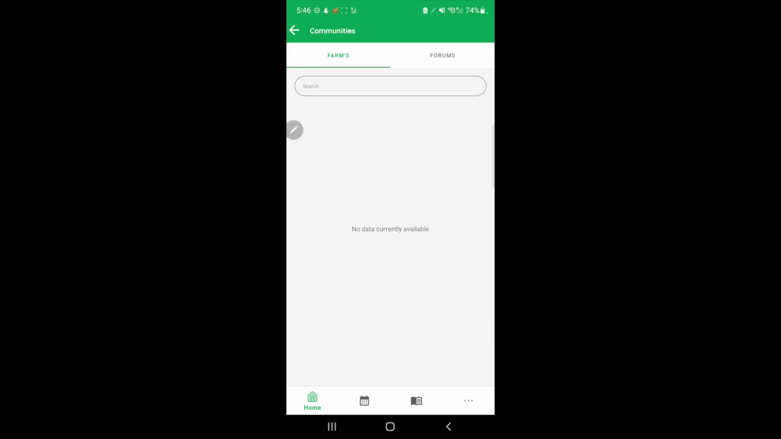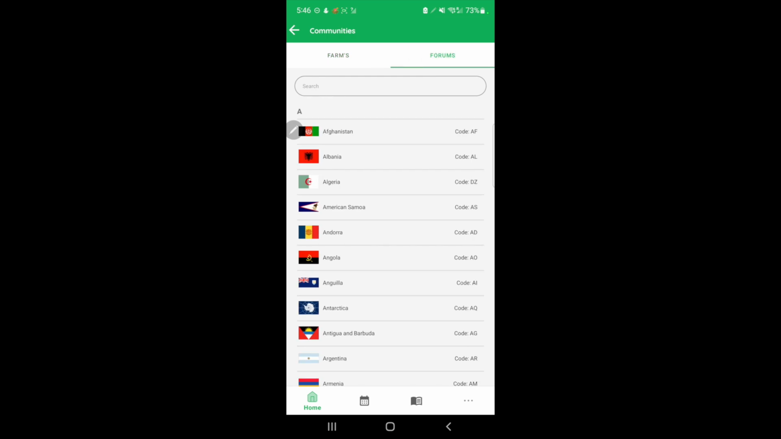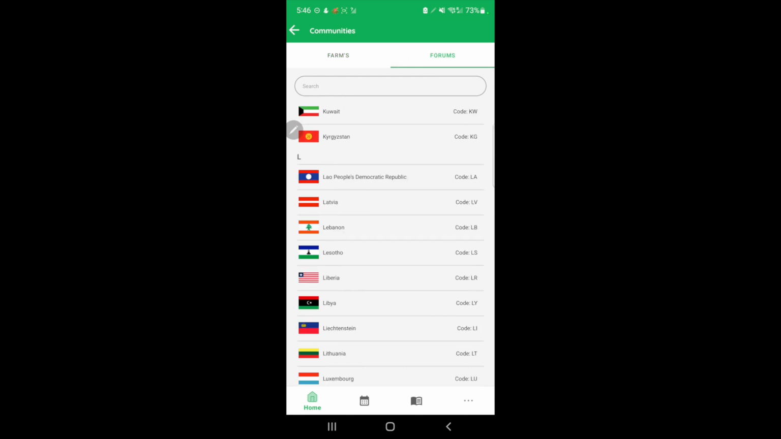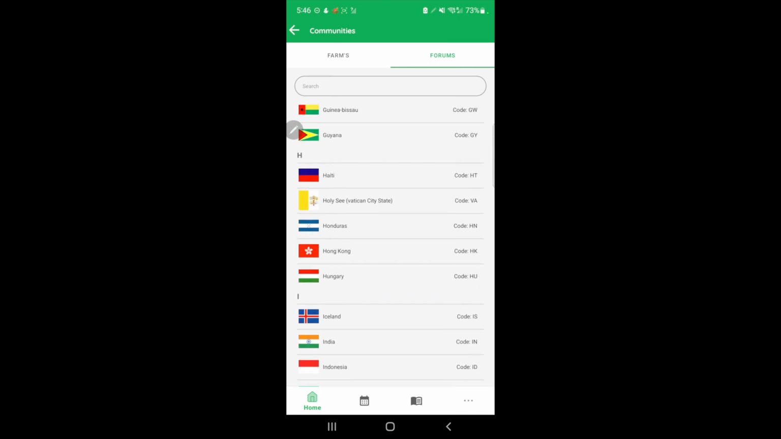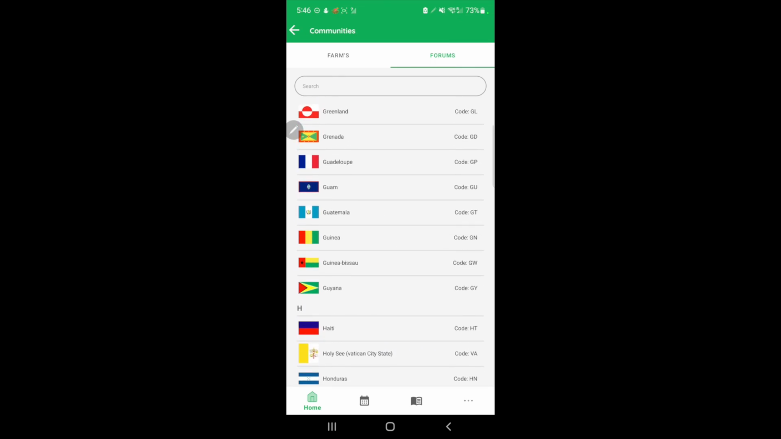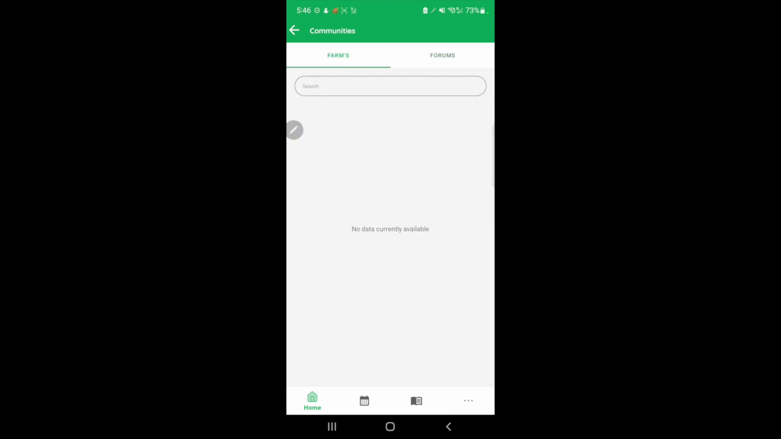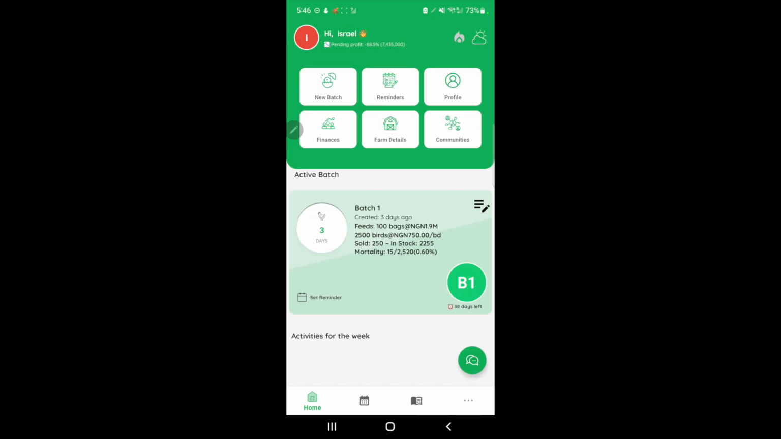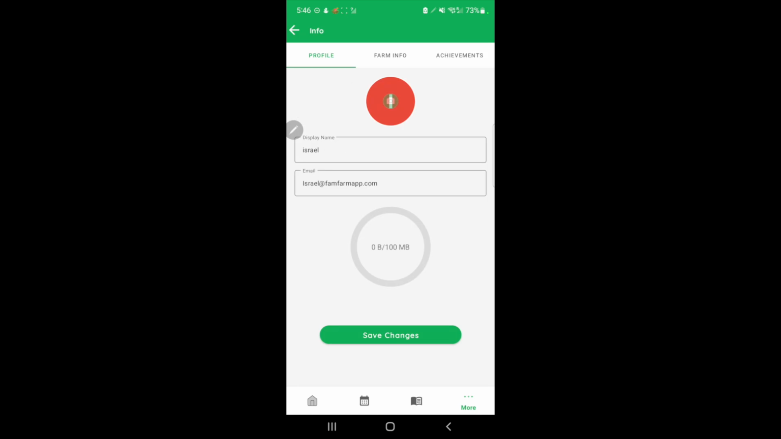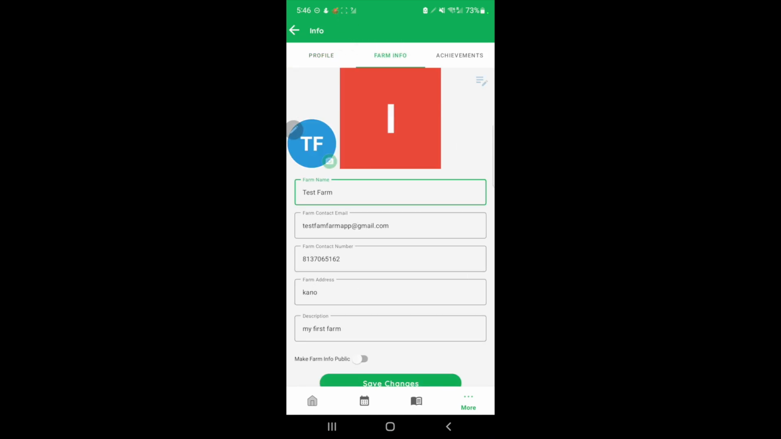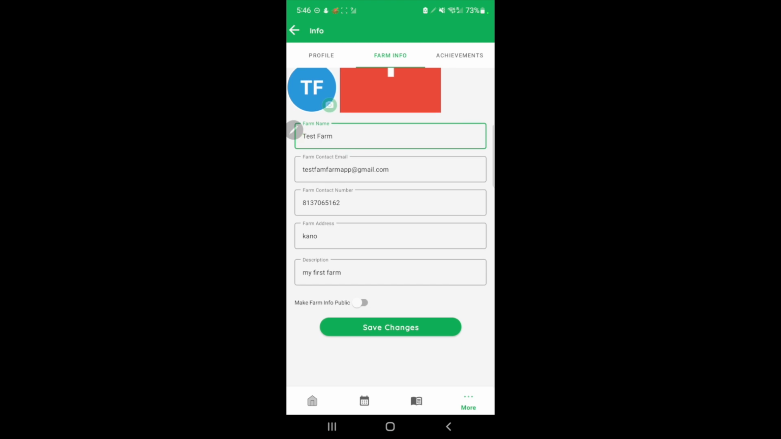You also have the communities and forums. Although we are still setting up the community page, you can see the list of farmers that have already made their profile public here. And if you're private, you won't be able to see the info here. It's because while setting up our farm, we left it as private. That is why I'm not seeing any information there. Farm info. Once you make farm info public,